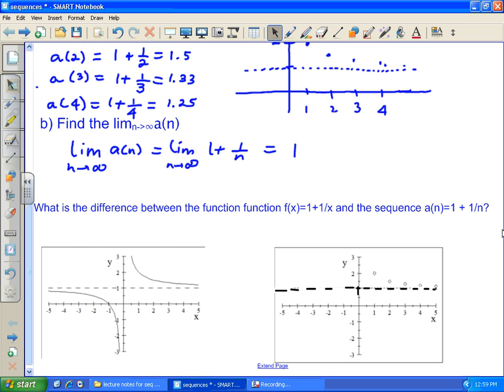We always deal with functions in terms of x. So is there a big difference between a sequence and a function? Well, this graph pretty much explains it. If you look at the bottom two graphs, the function